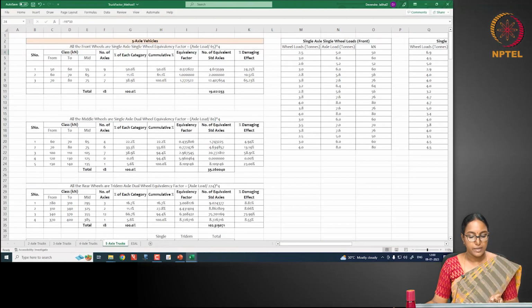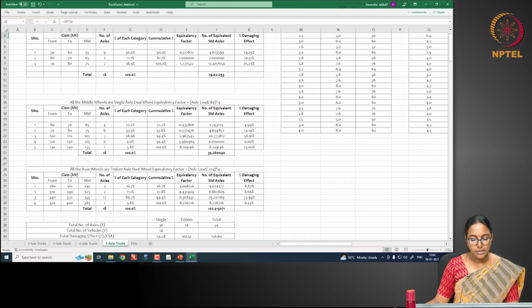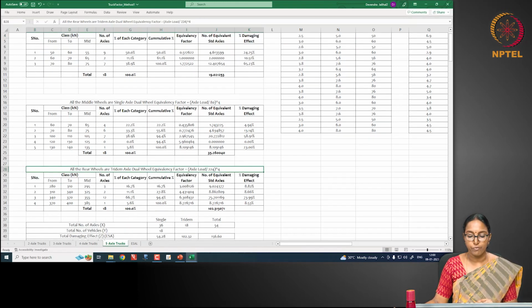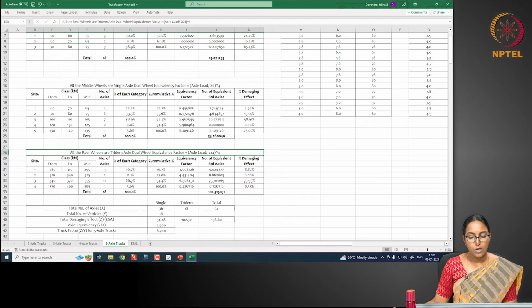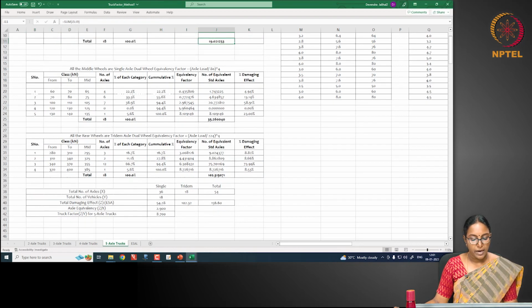Here also there are 5 axles, so there are 3 axle groups, divided into 3 groups here. There are 18 front axles, which are single axle single wheel, then middle axles, which are single axle dual wheel, and the last one, which is the tridem axle, wherein the equivalency factor is computed as axle load divided by 224, because for the tridem axle the standard load is taken as 224, right? Likewise, all the damaging effects are summed together and divided by the number of vehicles. For the tridem axle trucks considered, you have the truck factor as